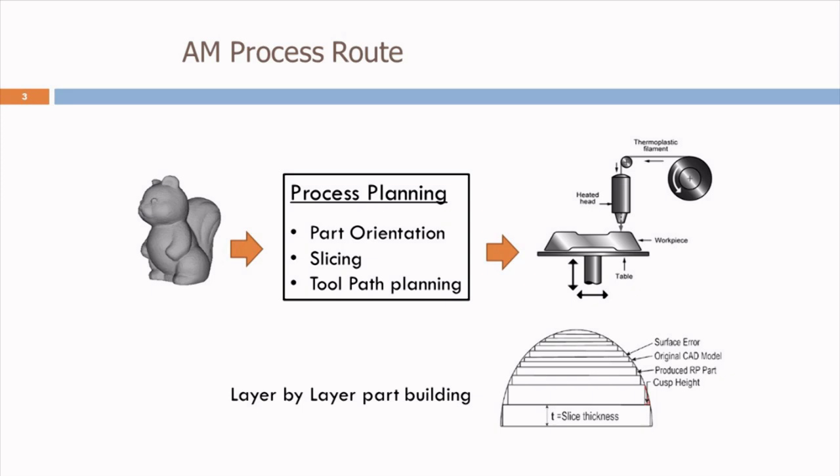manufacturing machine. There are a large number of such machines which are available, which are being developed by the industry, and that's why this is a hotly pursued area of research by the academicians as well as the research community. And you can see that this typical machine has a table on which the part is built in a layer by layer fashion.